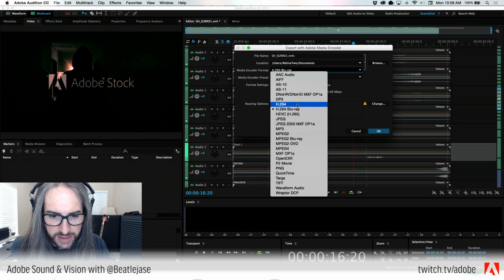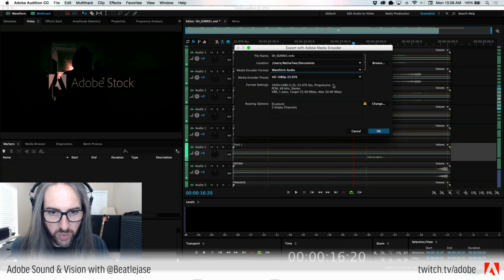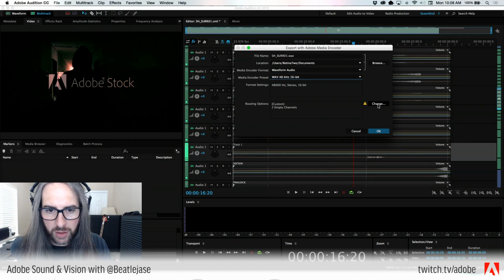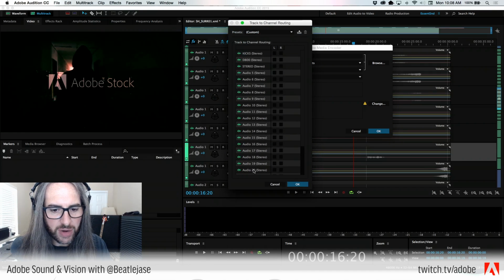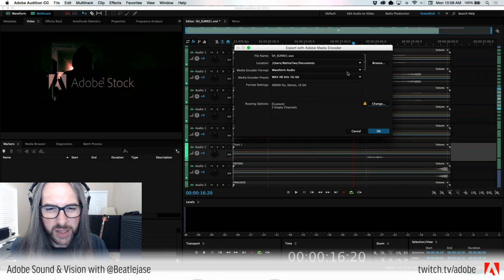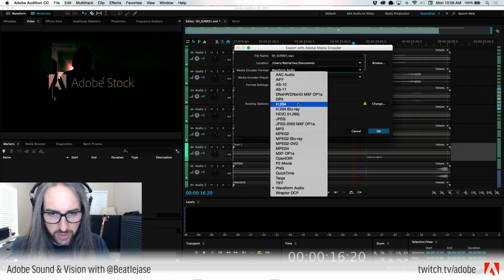Or if we were to go into, let's try one of our, let's go into Wave here, and change these. Again, here's your routing matrix. This is all seeing this as stereo. Why is this seeing this as stereo? I don't want stereo. Okay, let's go into